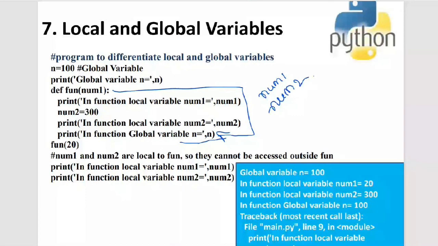I am trying to print this num1 outside the function in the main program, and also I'm trying to print num2 outside the function. What is it giving me as an output? It is telling me that in function local variable cannot be accessed outside. So it is giving me an error: NameError, name 'num1' is not defined.